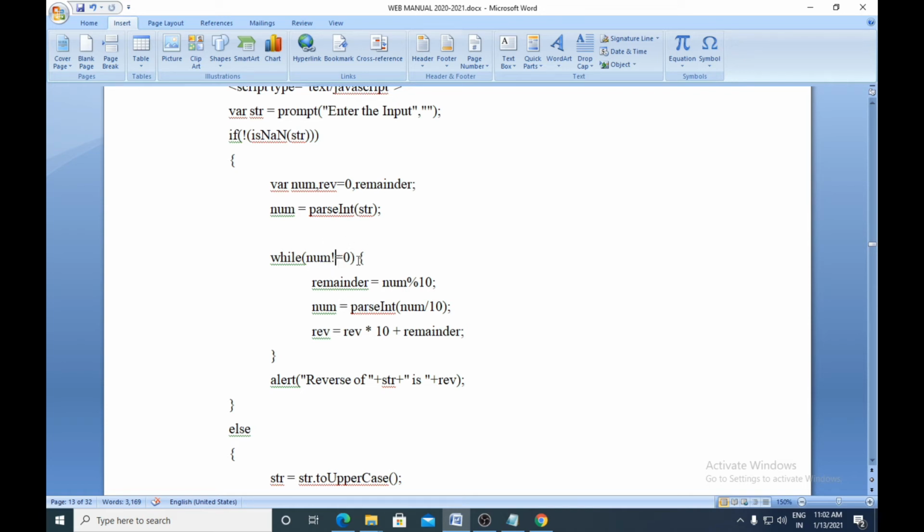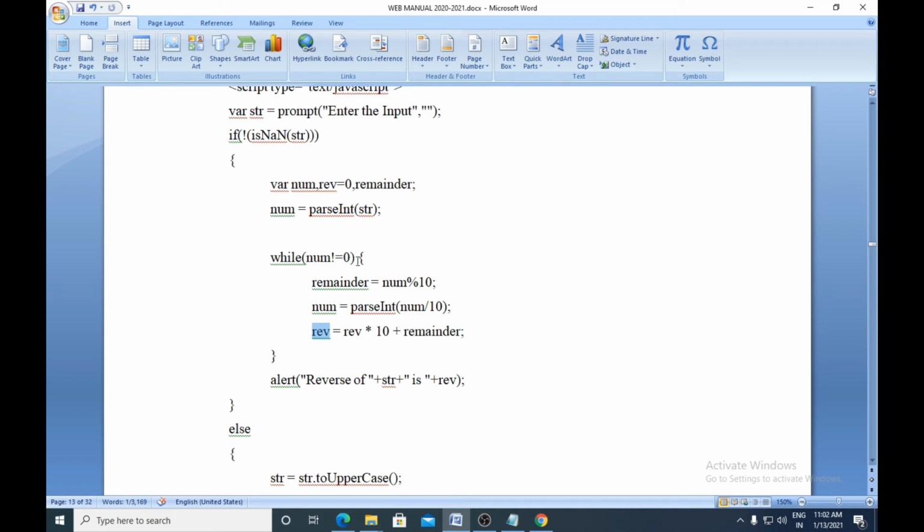Once it is 0, you come out of the while loop. Then the actual number 1, 2, 3 will be in the variable num, and its reverse, 3 2 1, will be assigned to the variable rev.